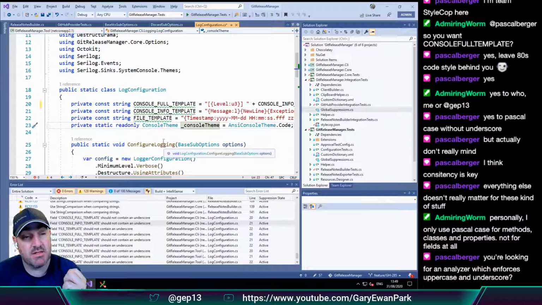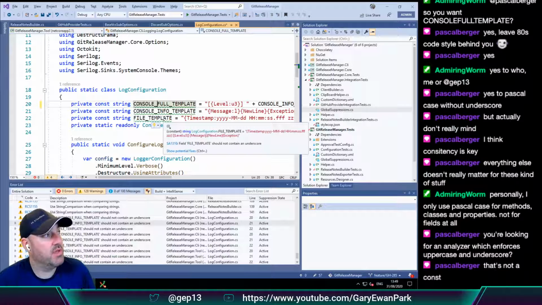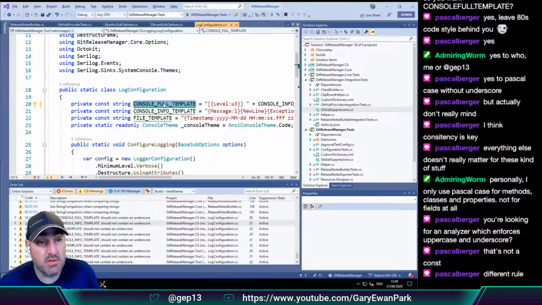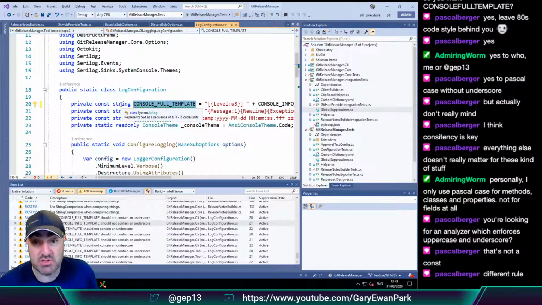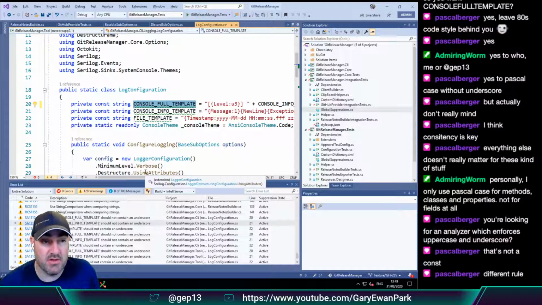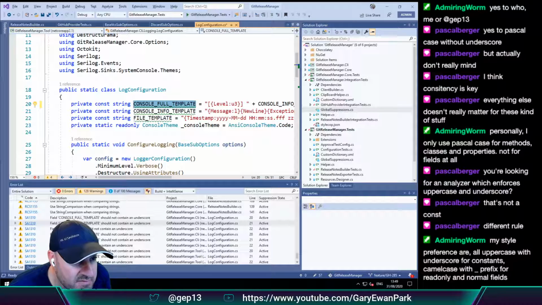So what I'm saying, Pascal, is essentially, if we were going to leave this in play in terms of being consistent everywhere, how would we then enforce that this case is used for all consts? Can we do that? But it doesn't specifically say, it just says field here.